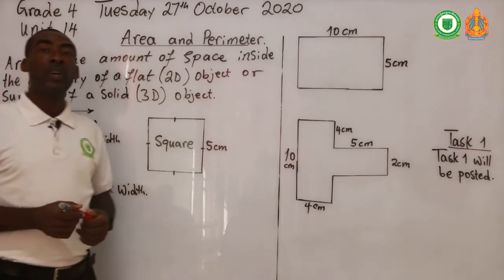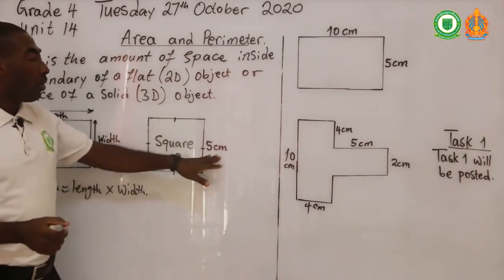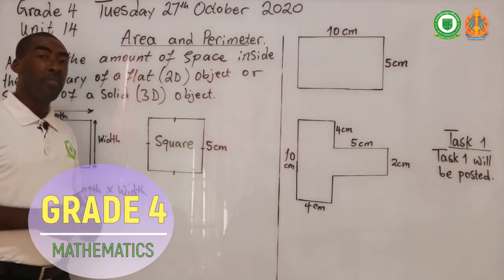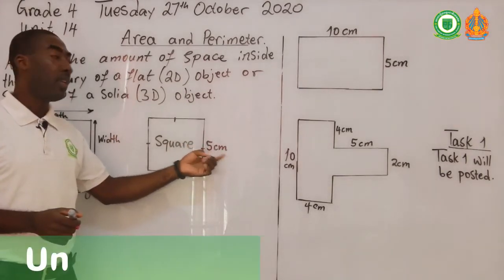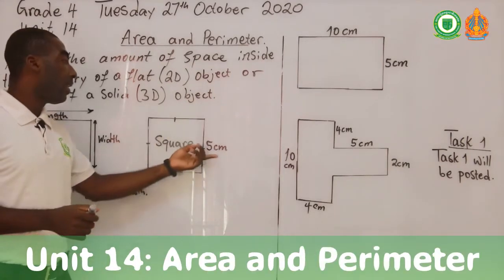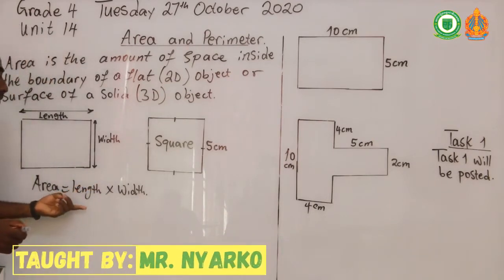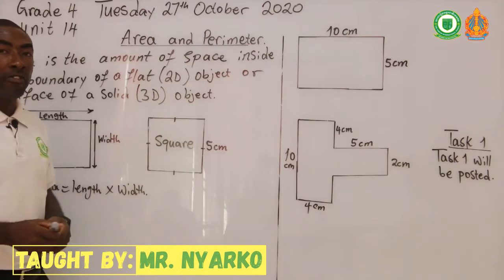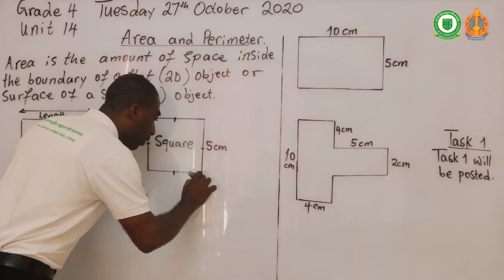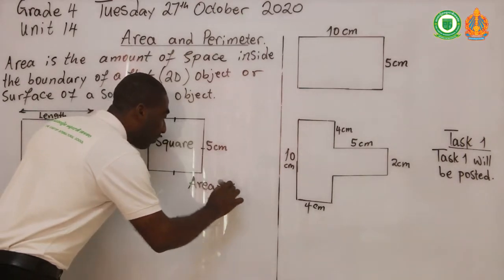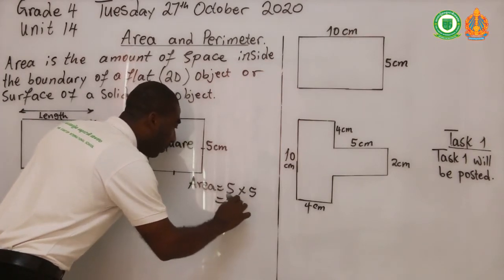So how do you look for an area of a square when you have a square as well? We all know that a square has all four sides equal. So whenever you have a square and one side is given, it means the other side is equal to what you have been given already. So now we're going to use our formula to look for the area of this square, and that is going to be area equal to 5 multiplied by 5. So this is going to give us 25